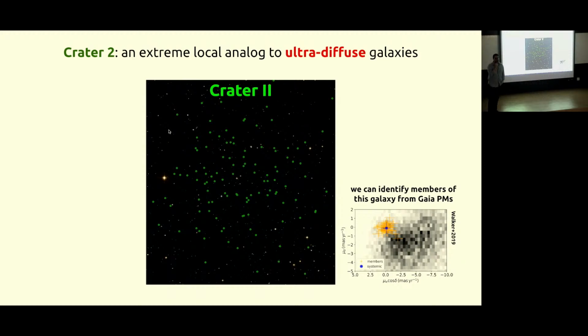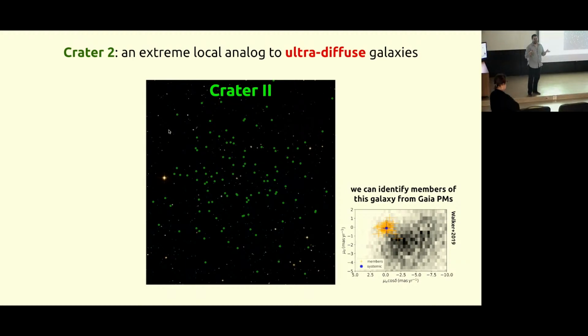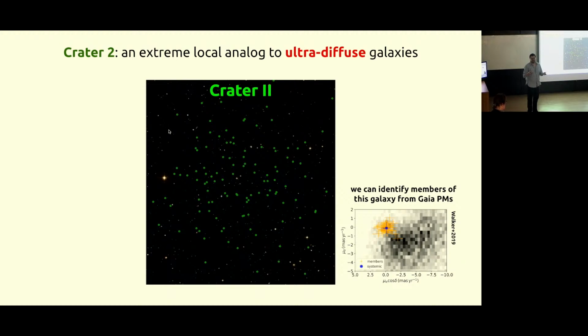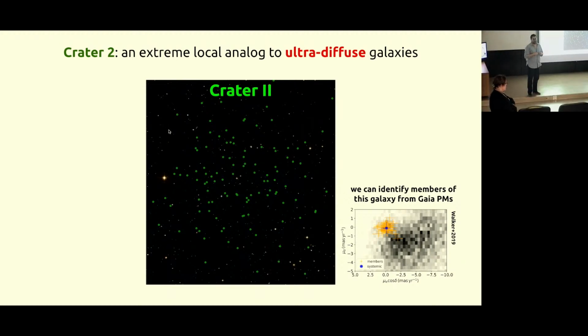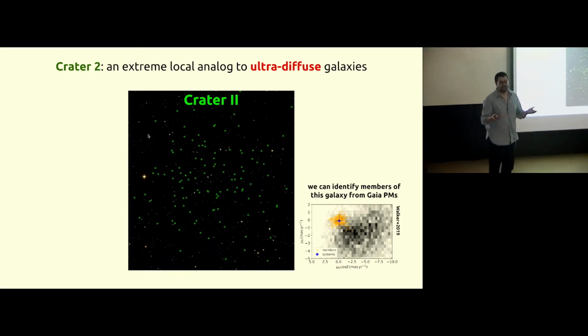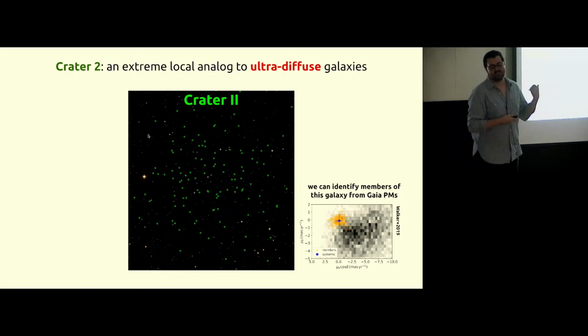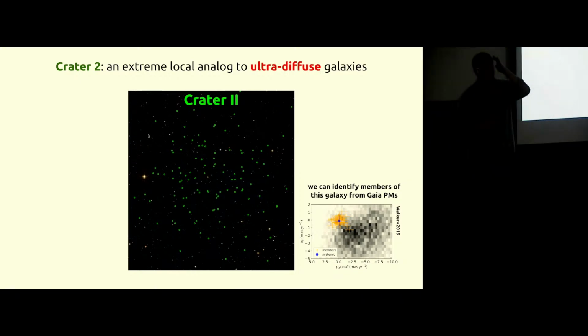No, it does not. But I don't think it is unexpected, because out of the Milky Way satellites, the one that has an anomalous number of globular clusters is the Fornax dwarf spheroidal. And this galaxy is like 100 times less massive than Fornax. Maybe not 100 times, maybe like 50 times less massive. And Fornax is already kind of an outlier. So galaxies the size of Fornax have a number of globular clusters that's on average like 1 plus or minus 10, because of the uncertainties in this relation. So it's not unexpected that this galaxy does not have any globular clusters.